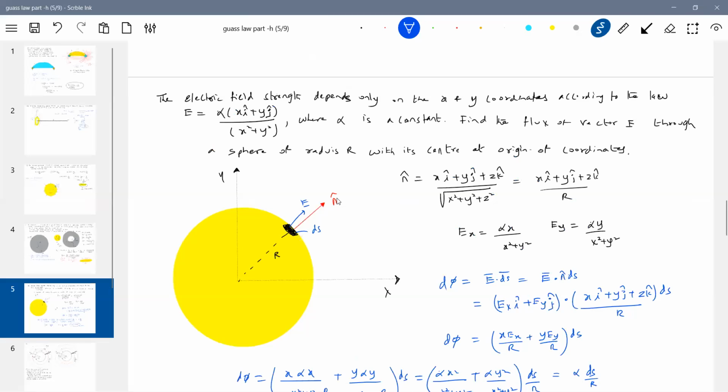So n cap is actually a unit vector. How does that k cap get eliminated due to the dot product here? I think this is very important to check, I'll highlight it. The k cap gets eliminated in the calculations. Let's not bother, but you should not define it wrongly. Some books give n cap without defining it, which will be wrong. We are discussing 3 dimensions. This is the sphere, no? How can you make this a circle?